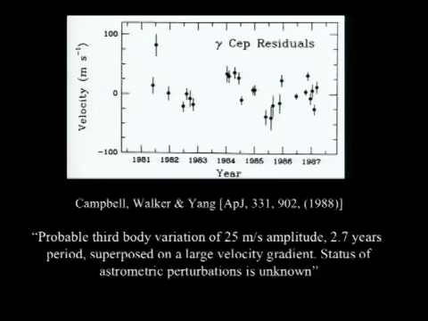So in the early 80s, Gordon Walker and his group developed this technique and an instrument, the iodine cell, that they were trying to use to find planets around other stars. They made this instrument, and they were testing it by looking at the radial velocity of about a dozen stars. Among them was Gamma Cephei, the primary of a binary system. And in 1988, they published a paper.